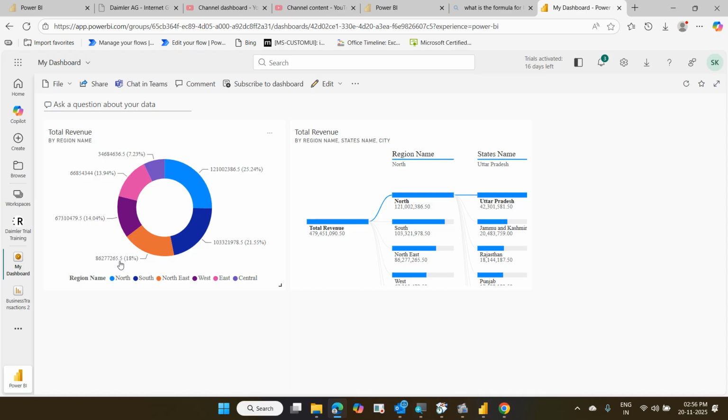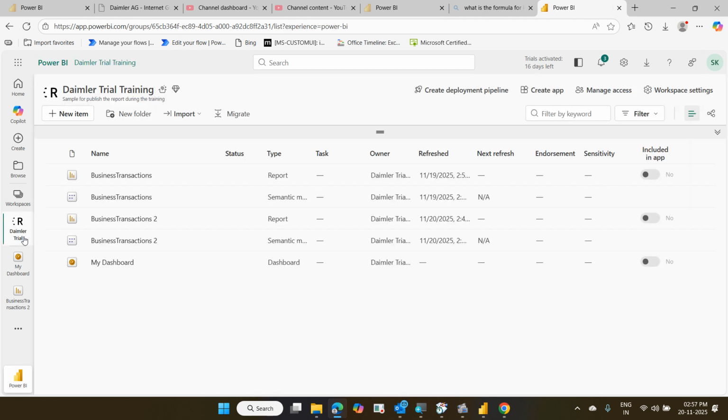Very few charts, but it should be in the same workspace. Actually, we have published only one report. I have created two reports and published two business transactions. That is one more report. Or I can publish another report in the same workspace and make it into one app. I have two or three or multiple reports, and I want to make all the reports into one app. For example,